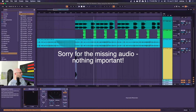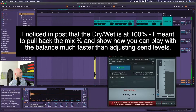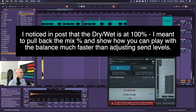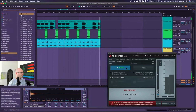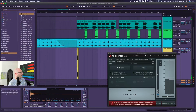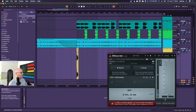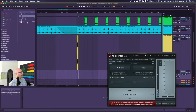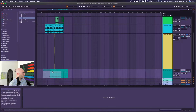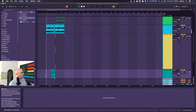If I just go turn on M Recorder, grab this, cool. I can go ahead and turn this off, grab that from the current project. Right here, I put a folder called renders so that I can really easily just drag this in. You can see the reverb tail right there. Now I can just grab this chunk right here in the middle, reverse it, and now